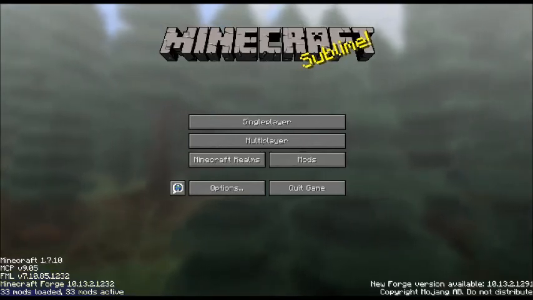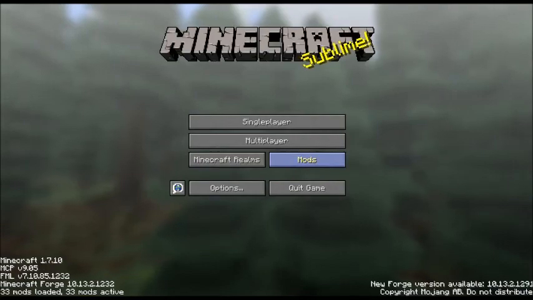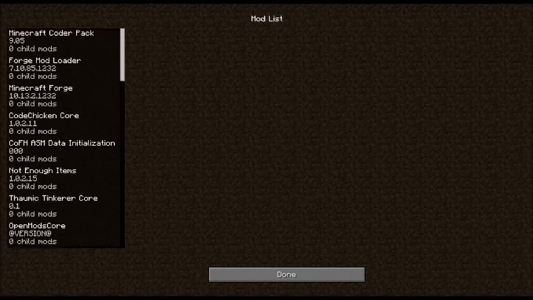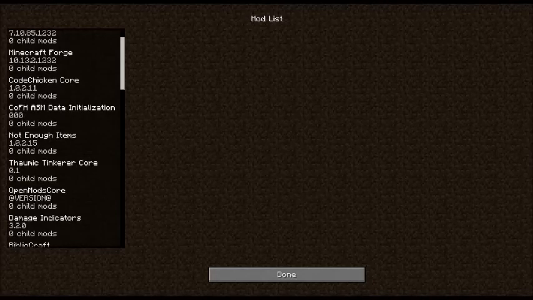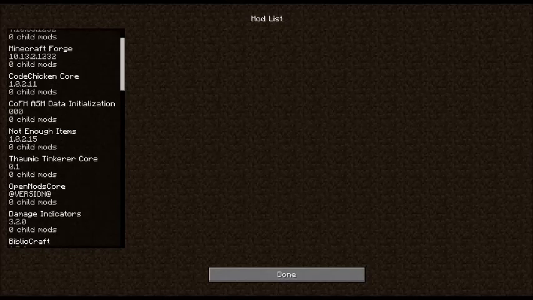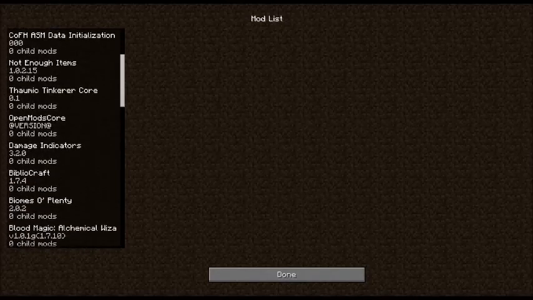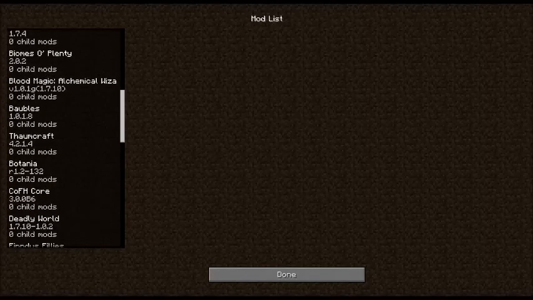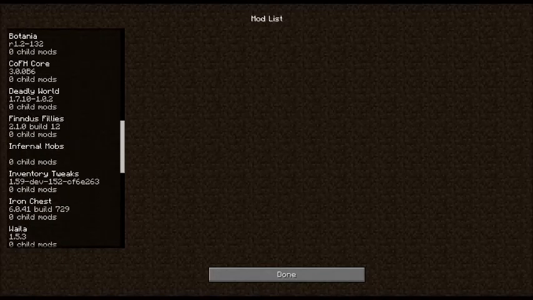At the moment we've got 33 mods that are active, so we'll have a quick look and see what they are. And you can see most of these will be the Forge mod loader, and a lot of these you'll need if you want to have your own mods. CodeChicken Core, Baubles, Not Enough Items, Thaumcraft Tinkerer, and if we just go down there, Biomes O' Plenty, absolutely love that. Blood Magic, that's one that I want to have a look at. Baubles, Stormcraft, Botania, and if we just go down there,